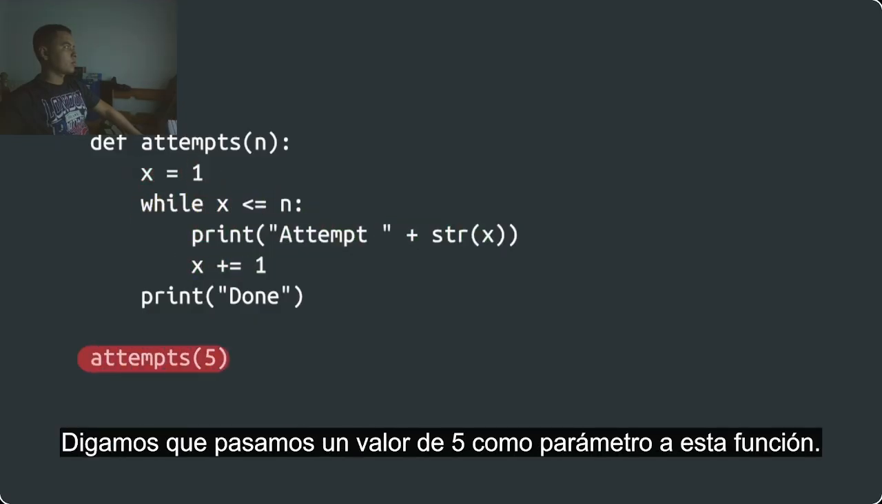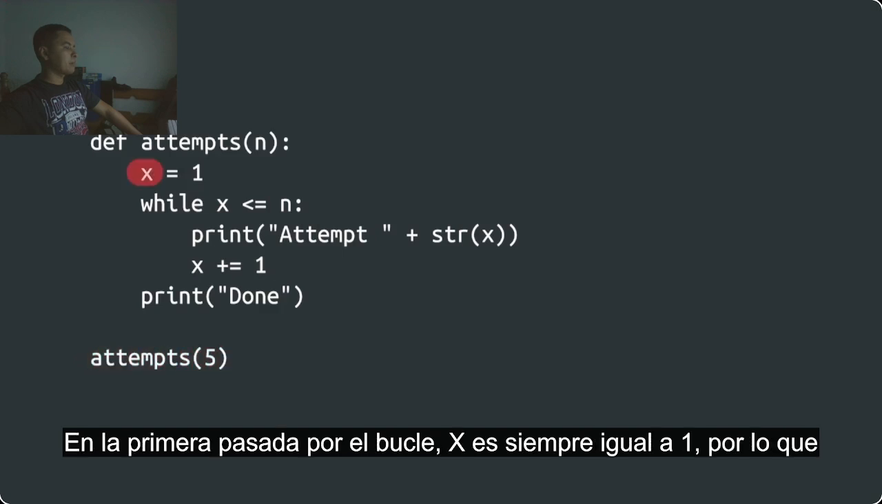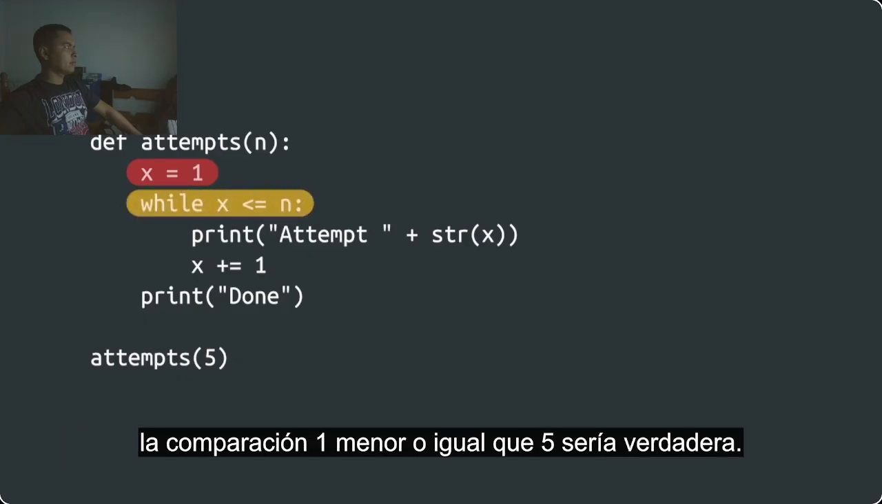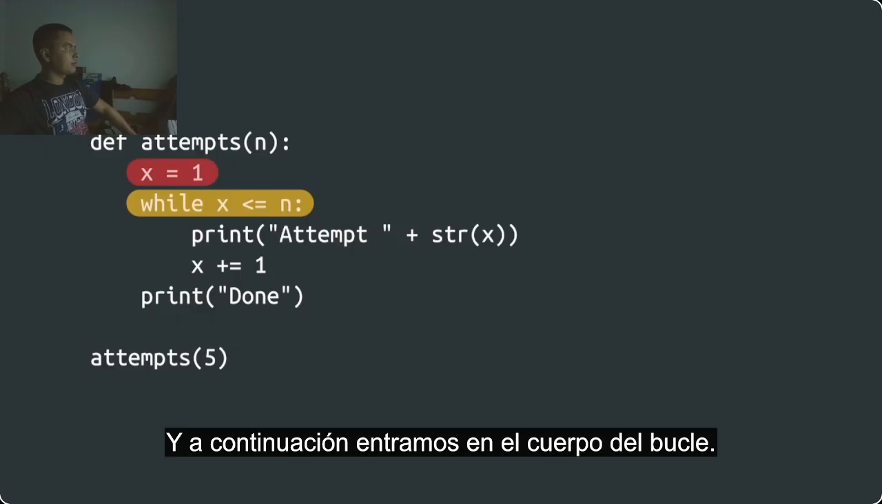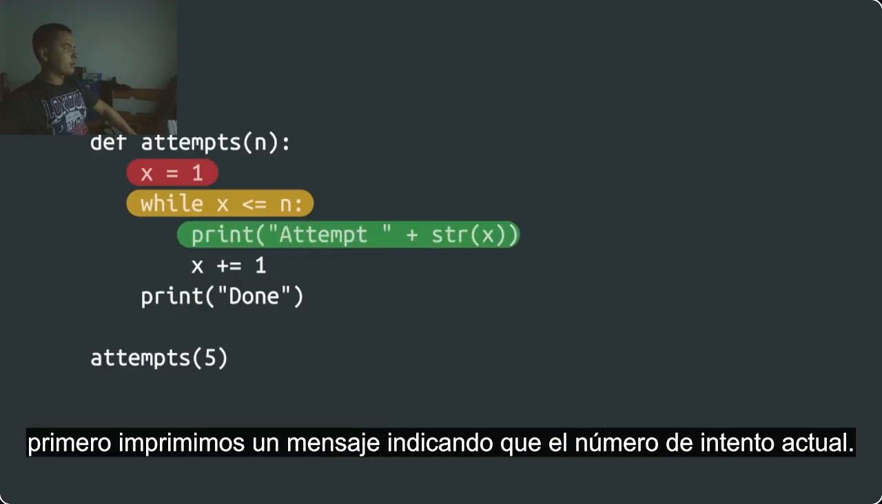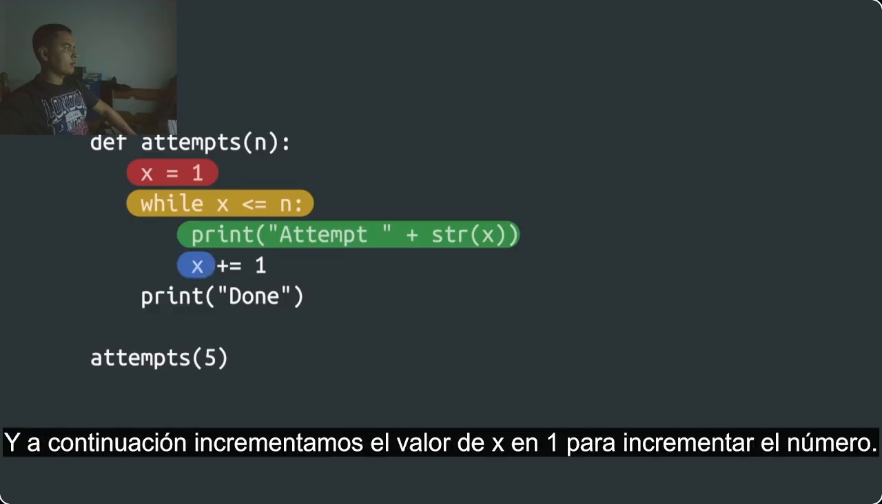Say we pass a value of 5 as a parameter to this function. In the first pass through the loop, x is always equal to 1, so the comparison 1 smaller than or equal to 5 would be true, and we then enter the body of the loop. In the body, we first print a message indicating the current attempt number, and then we increase the value